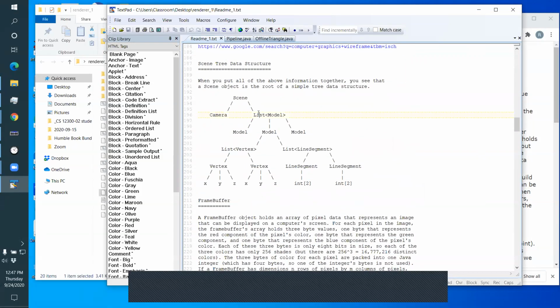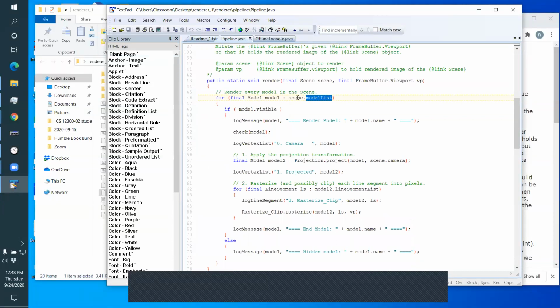A scene is a list of models. We render one model at a time. So we go to that model and draw its pixels in the frame buffer. Then we go to the next model and draw its pixels in the frame buffer. So we look at here and we see that for each model in the scene, we check if the model's